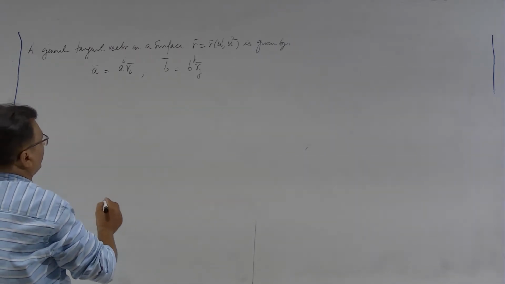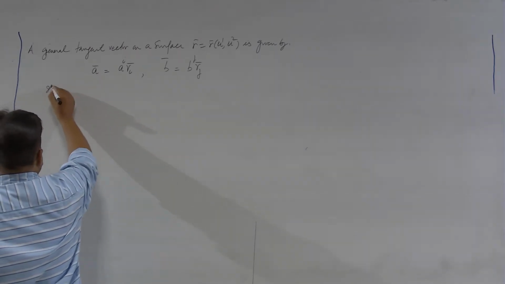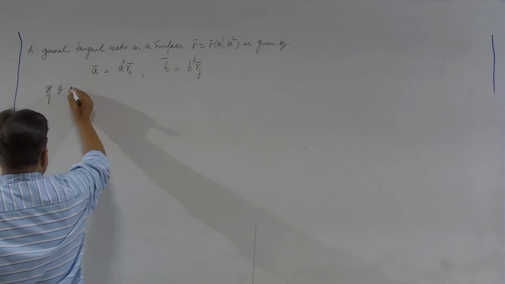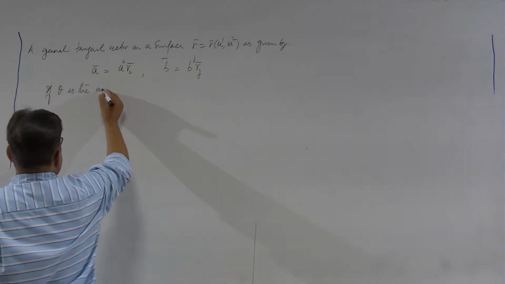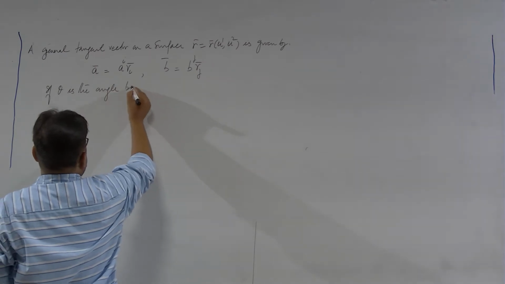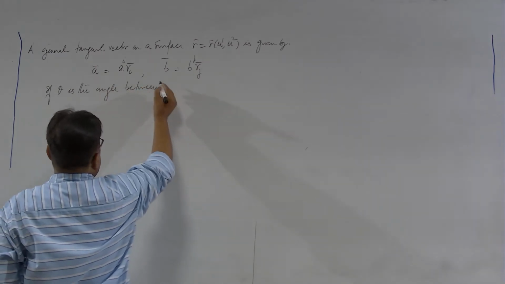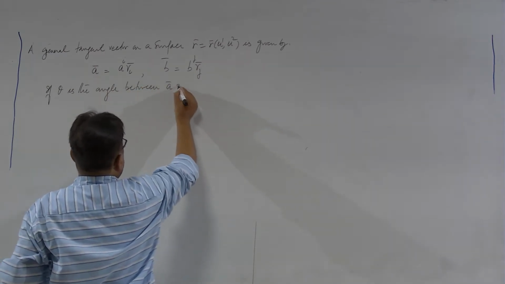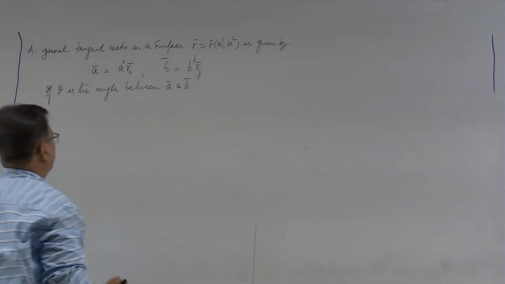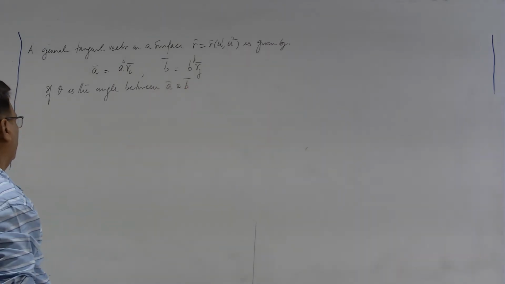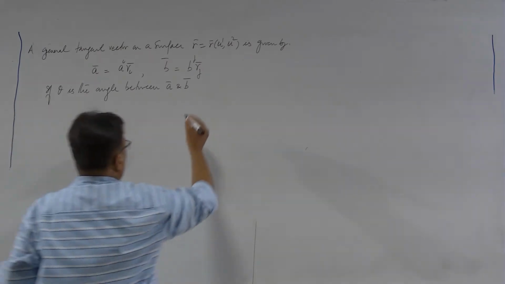Now, if theta is the angle between the two tangent vectors A and B, suppose they make an angle theta between them, then cos theta,